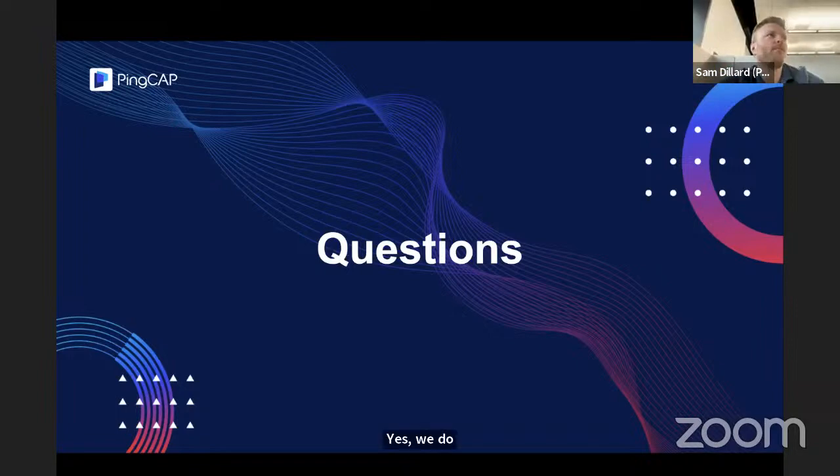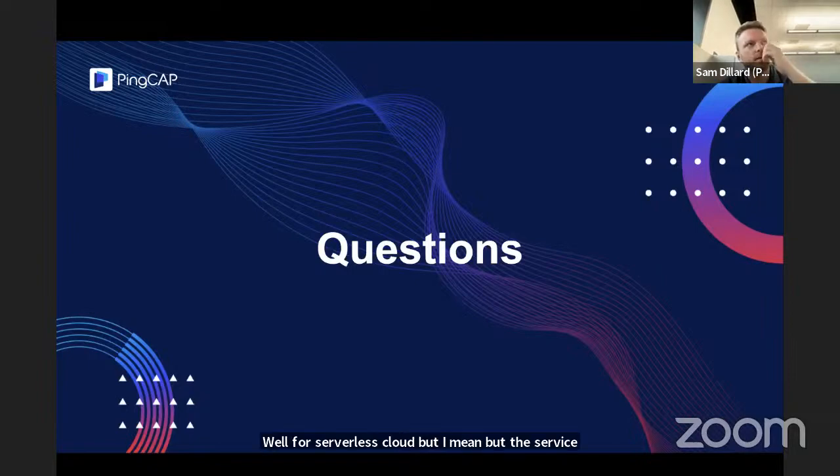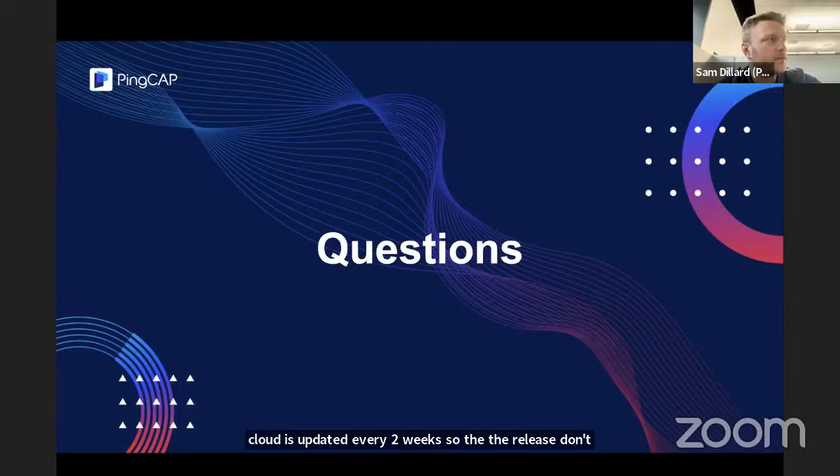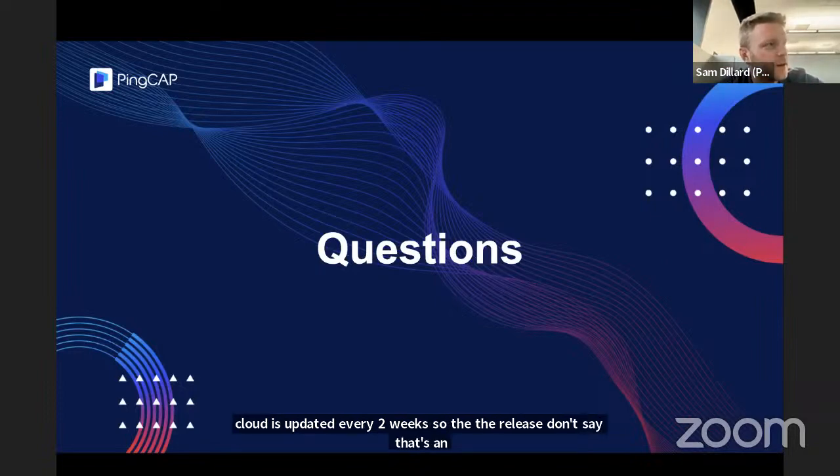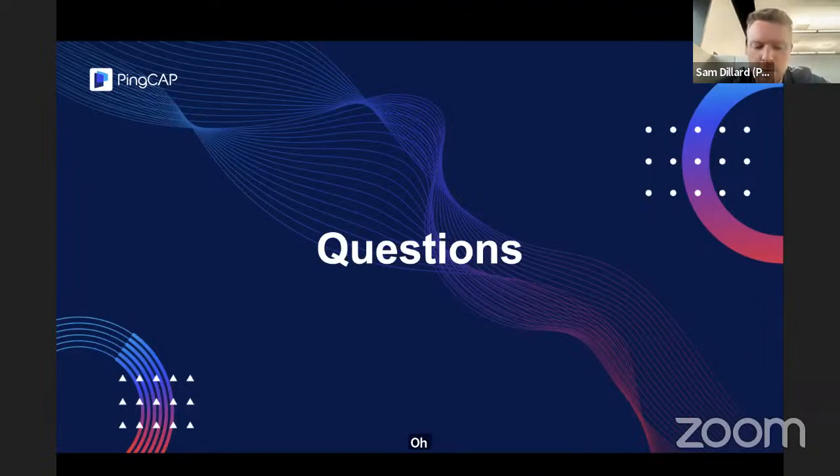Trying to think if we do it for cloud. I believe we do it for serverless cloud, but the serverless cloud is updated every 2 weeks. So the release notes, that's an agile developed offering. I'm not sure it's necessary there, but yes, for the kernel and the open source, which would also apply to dedicated cloud, there is a